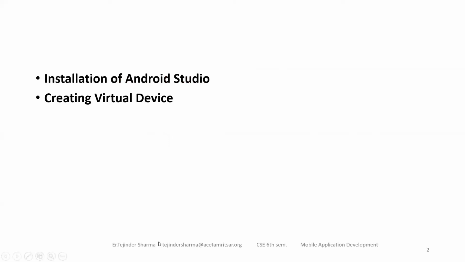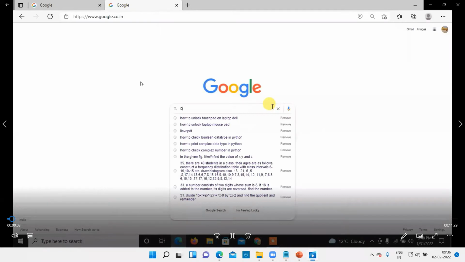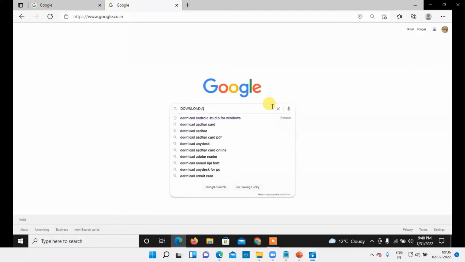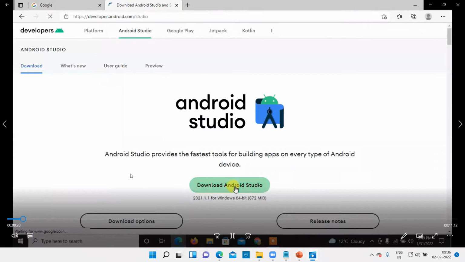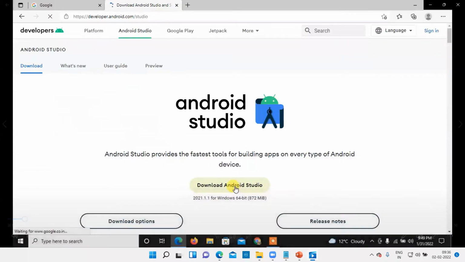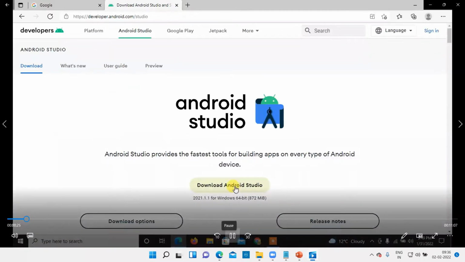So let me show you videos which I have made so that we can have a look. In order to install Android Studio, you have to open google.com and write download Android Studio for Windows. Fine. Then you will go to the first link, which is developer.android.com. Then you will click on download Android Studio